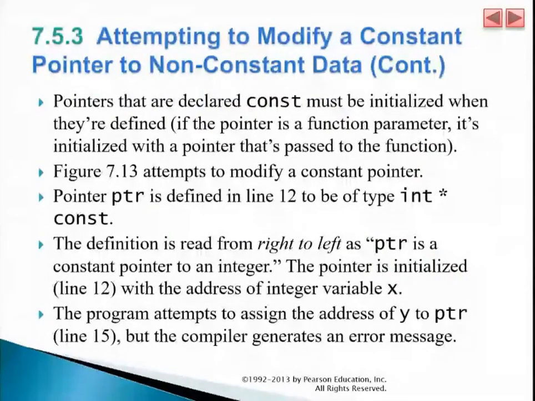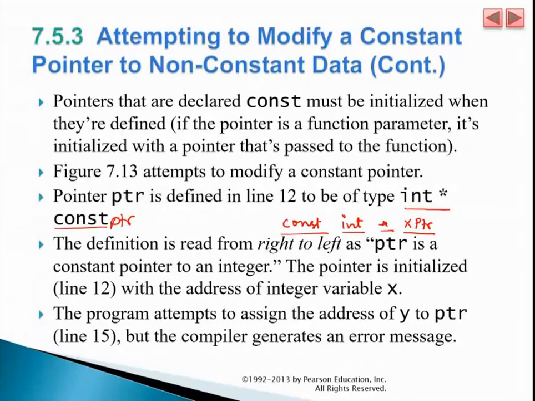But if you are making some other variable and you would like to have such a setting, in that case you have to define your pointer like this: int star constant and the name of the pointer. Suppose ptr is the name of the pointer. Now if you remember, when we are passing constant data, we write constant int star x pointer,